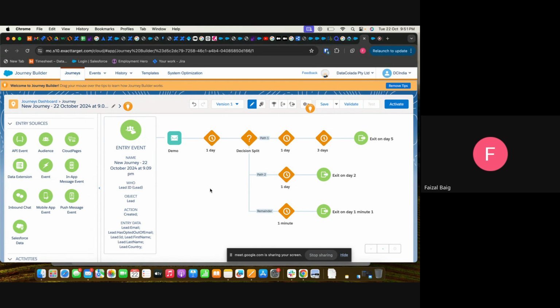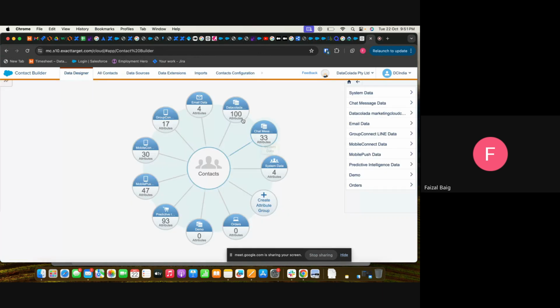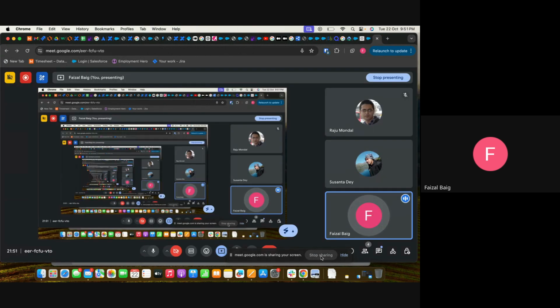In a synchronized data extension, whatever fields are there, are they reflecting in the normal one? What are attributes? What is a data source, why is it coming? Once you try to dive deeper into it, you will definitely understand what it is when it comes to Marketing Cloud, and then I'll show you the live org and how it works. That will help you better understand how we actually work in the live org.